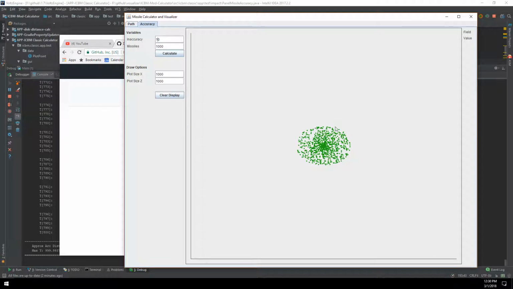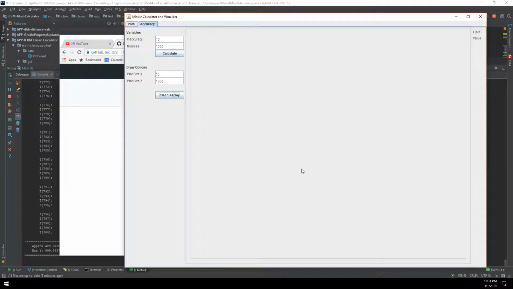The reason this is not optional is that it picks a point right in the center of the plot, and it needs these two values to be set. So if you set these to something really low or stupid, you're actually going to get some really crappy values. So if you did something like this, one, you're not going to see anything because most of your inaccuracy is going to be off the scale, and the page is not going to render properly